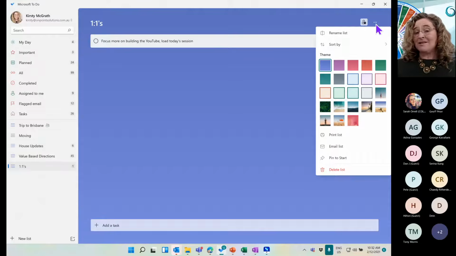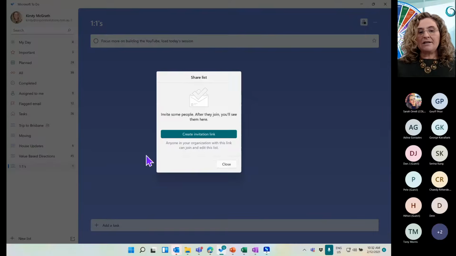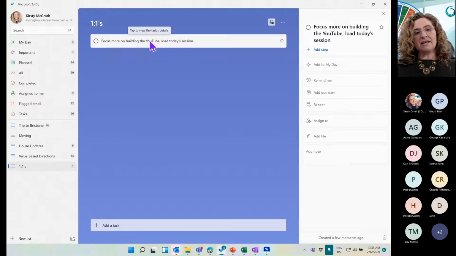It's a printable list, and I can also email the list as well. So as part of the sharing, you could share that with your senior leader, and as part of creating that link, it will come up in their list for them to be able to keep an eye on how you're going.